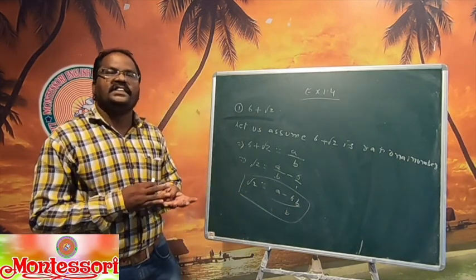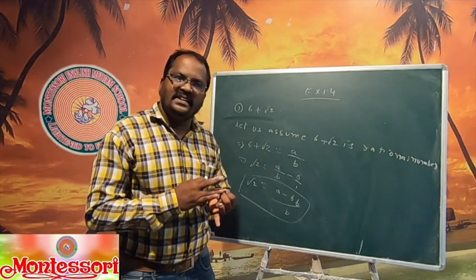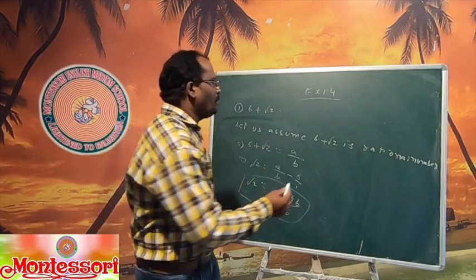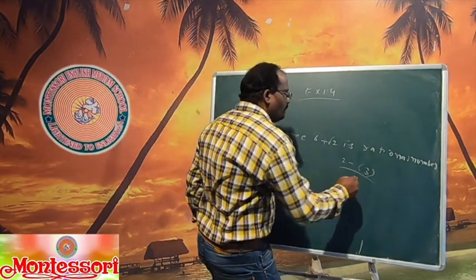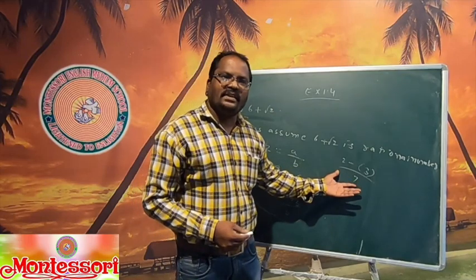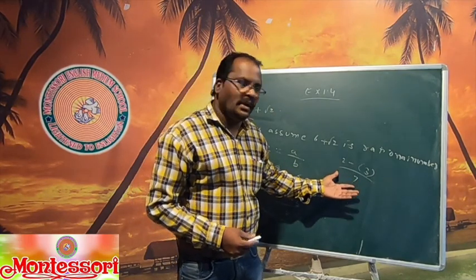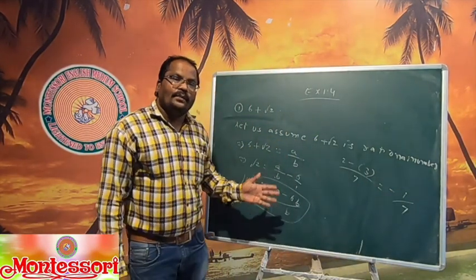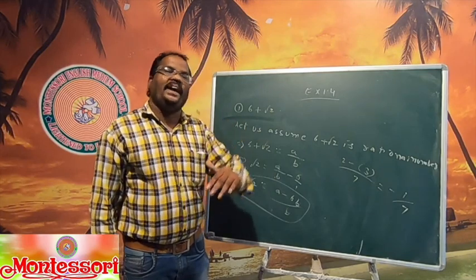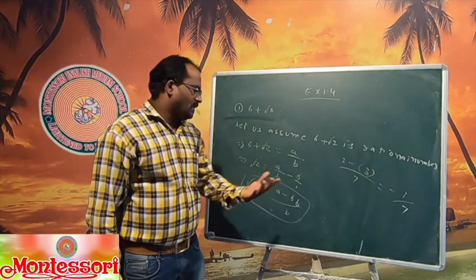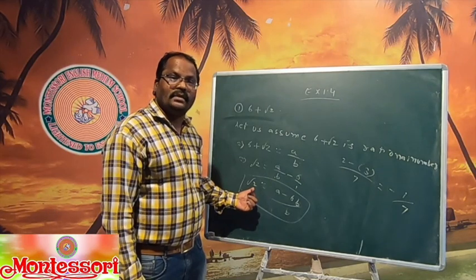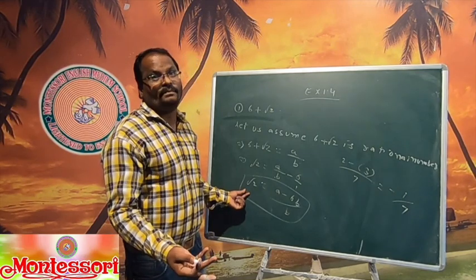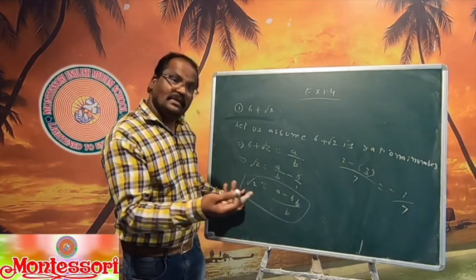We know a is an integer, 6 is an integer, b is an integer. So we do the integer simplification. For example, 2 into 3 by 7. After simplification you will get a rational number or irrational number. In the example, its answer is 1 by 7. Whenever we do the simplification of integers, the answer is always either an integer or a fraction, but not an irrational number. But what answer are we getting here? Root 2. Which number is root 2? You know very well, we have done it in the previous class. Root 2 is an irrational number.